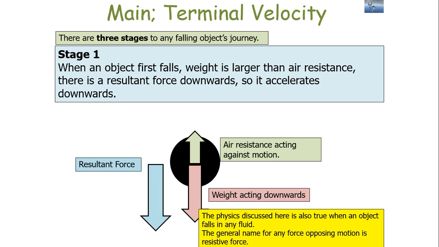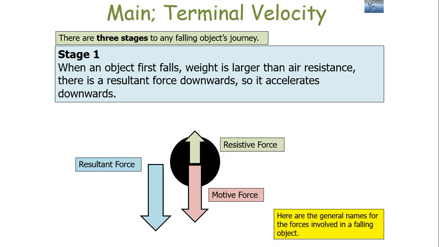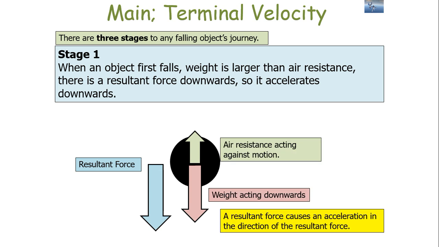So in air, air resistance acts as the resistive force. If we want to use some general names as opposed to the particular ones of an object falling through air, we've got the motive force which causes motion, and we've got the resistive force which opposes the motion. So we have the weight, the motive force, being larger than the resistive air resistance force, so we've got a